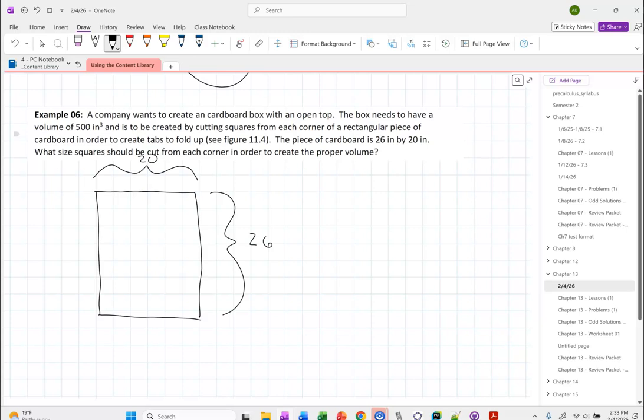I've labeled the length and width of it. And then it says we're going to cut some squares out of the corners here. Since they're squares, I know that